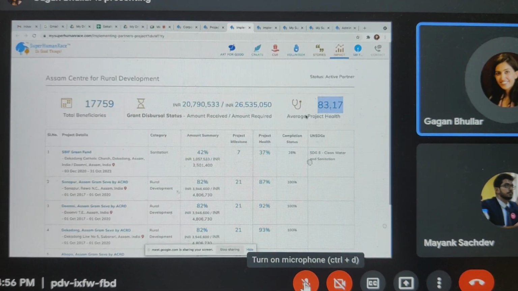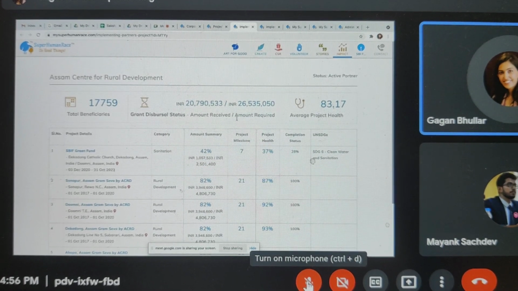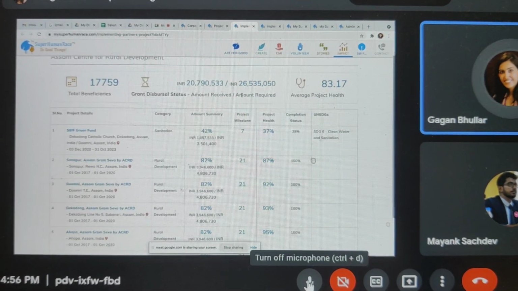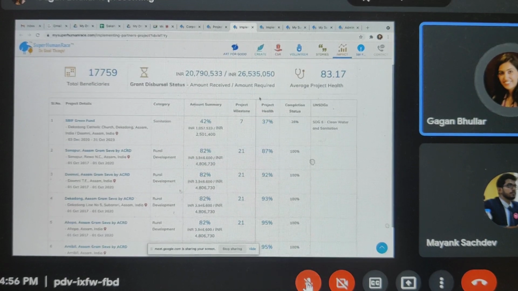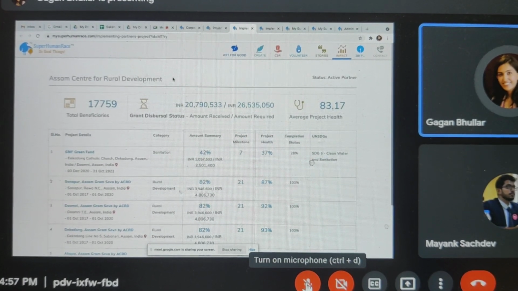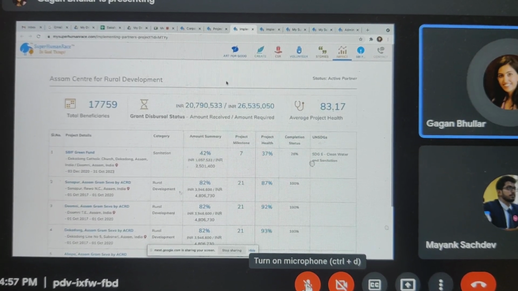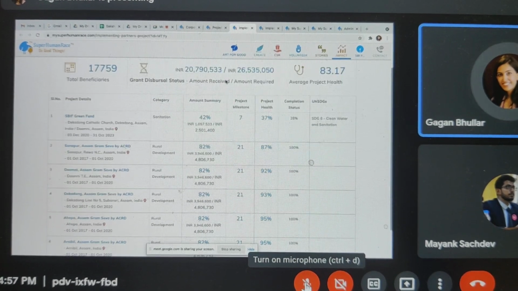So this is the implementation discipline KPI. This is the number of lives impacted KPI. And then this is grant dispersal status. But if you require, like I said, different KPIs for partners, that can also be done. And then one simple plugin here that we are able to keep on or off for an organization is the due diligence status. So like I said, percentage of due diligence also becomes available right here.